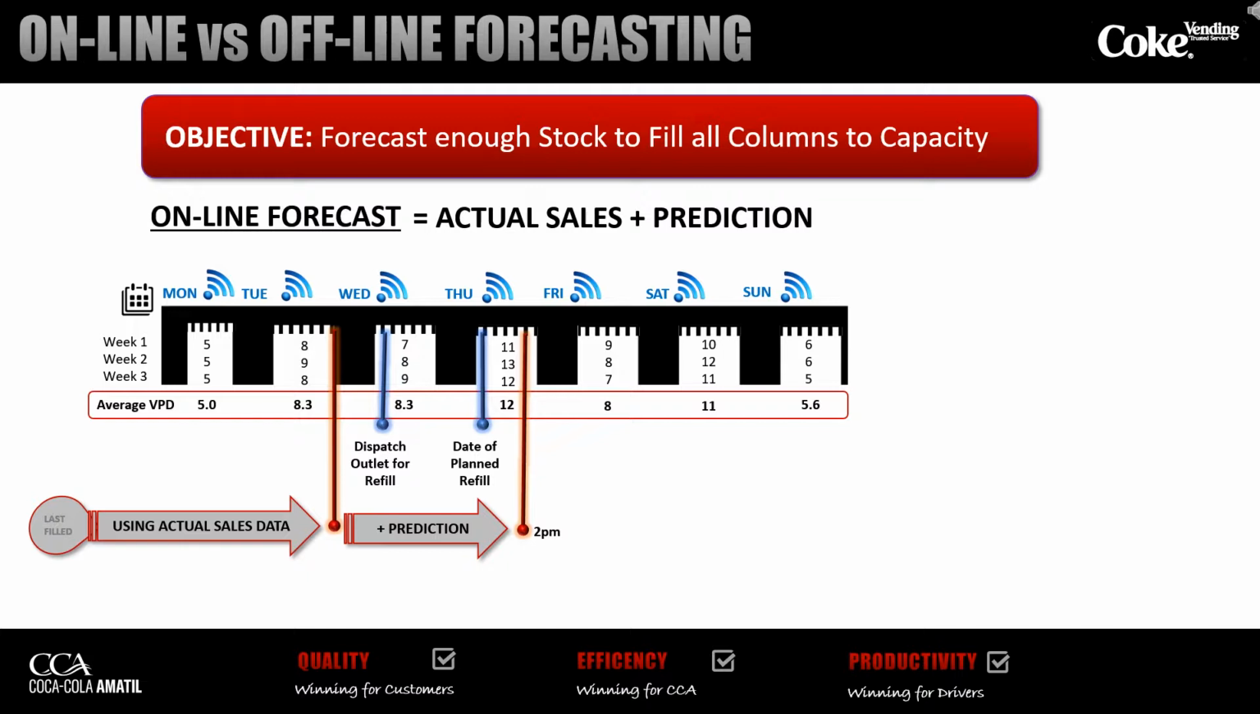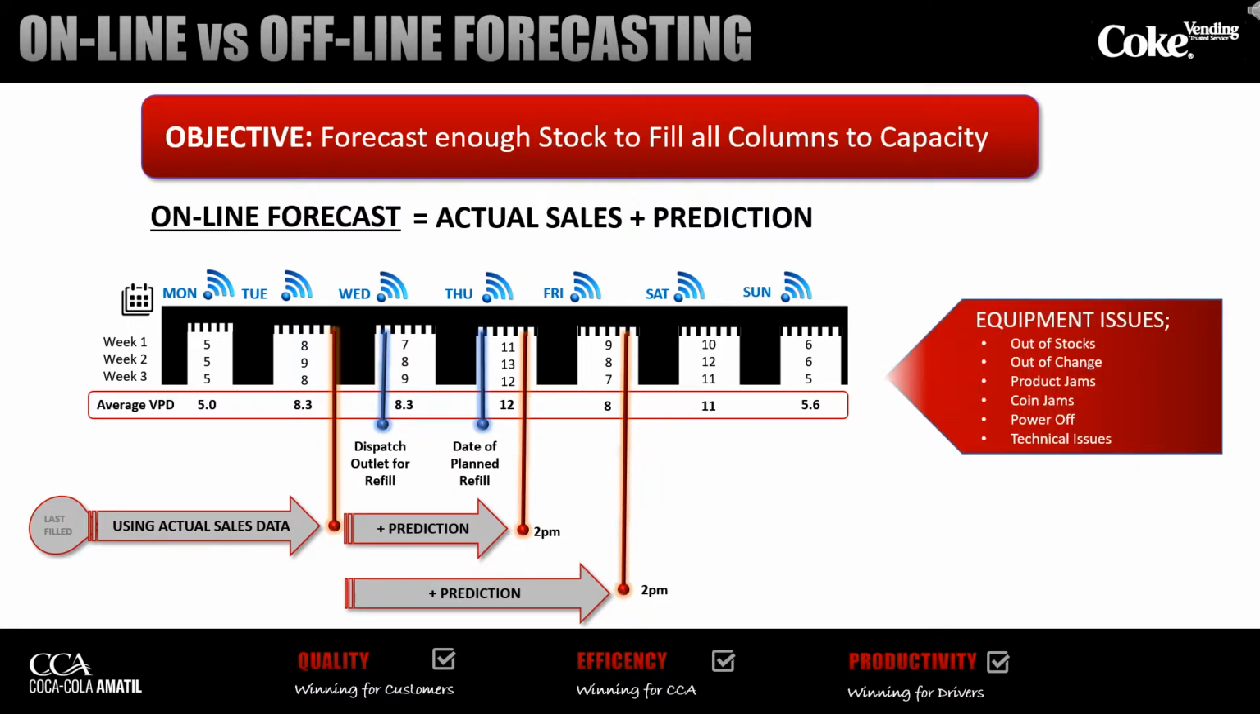The greater the prediction time is, then potentially a bigger percentage variance between forecast to actual units required. This is most evident with contractors having multi-day tours or Friday dispatching for Monday filling, as the prediction may cover 3 or 4 days. Another impact on predictions are the equipment issues, such as out of stocks, out of change, product jams, power being off, amongst other things that will influence a change in the consumer buying patterns, affecting the